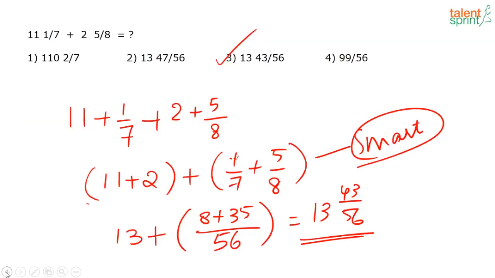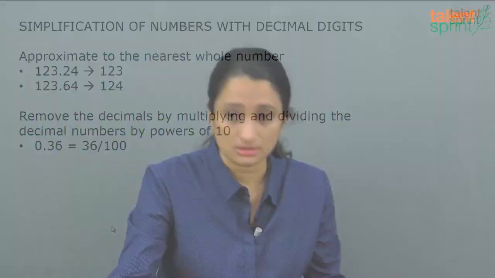Now is the next most important thing, right? Decimals. So questions on decimals are very, very common in bank exams. Everywhere you can see, like in the 5 questions that are asked, most of the questions will have decimals. So how do we go about solving questions which have decimals?